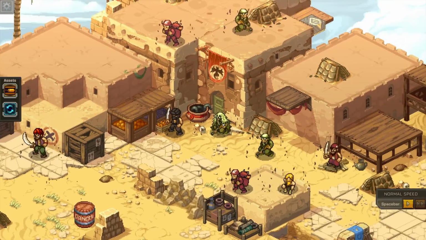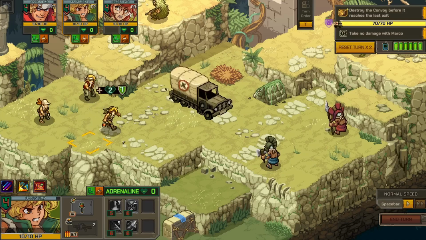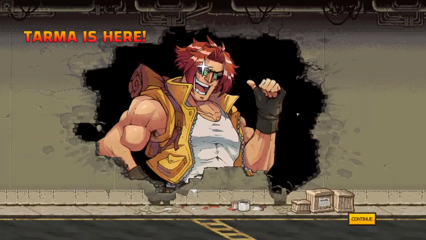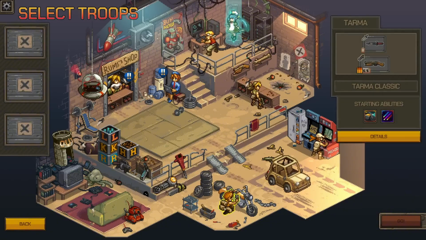The story? It's not Shakespeare, but it's a serviceable setup to get you invested. You'll lead the classic team Marco, Fio, Ari, and Tarma on missions to save the world again from megalomaniacal villains. All right, let's talk mechanics. Battles in Metal Slug Tactics unfold on a grid-based system, think